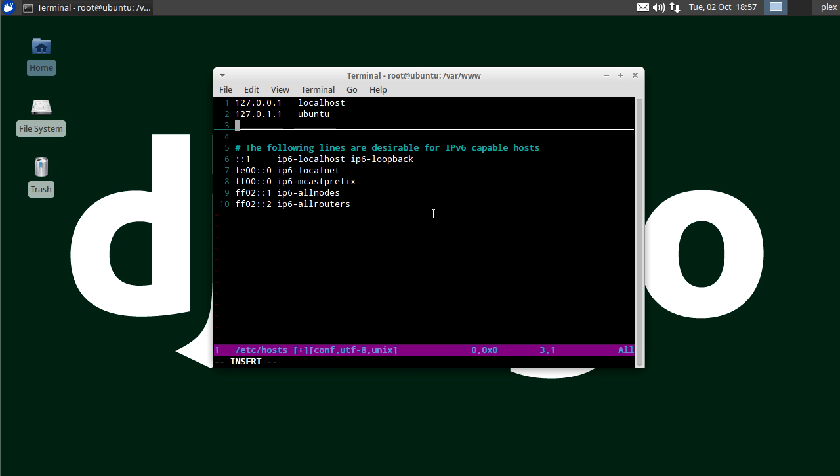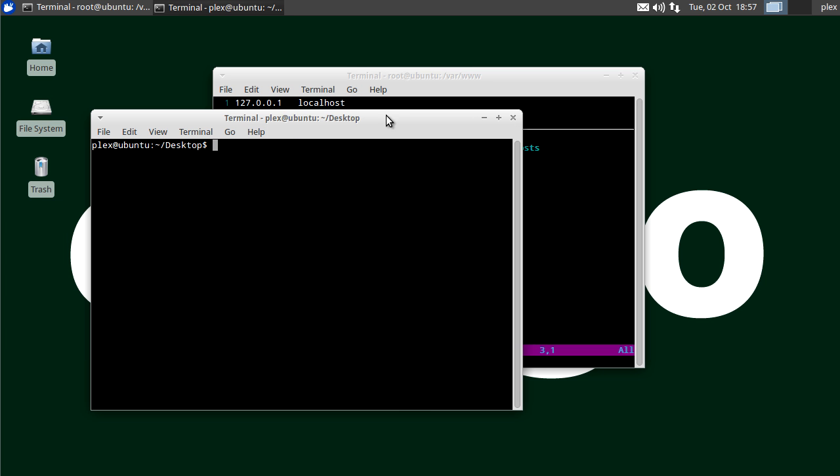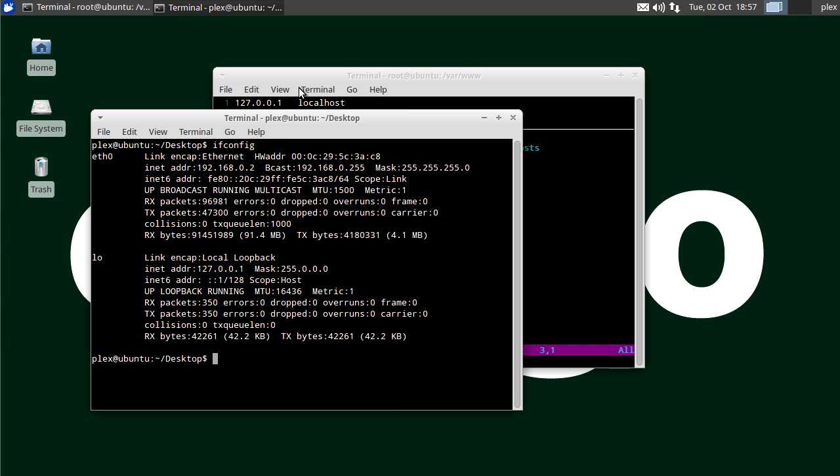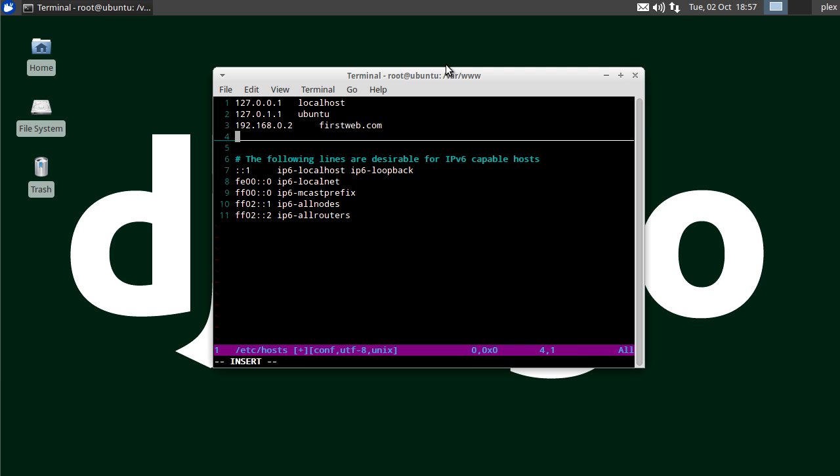Here you just add the IP address. I already know my IP address. If you don't know, you can type ifconfig in the console to see what IP address you have. I'm going to show this a little bit quick to not miss anything for you. You just do like this, ifconfig. And here you can see the address, which is located here. You add the local address and firstweb.com,